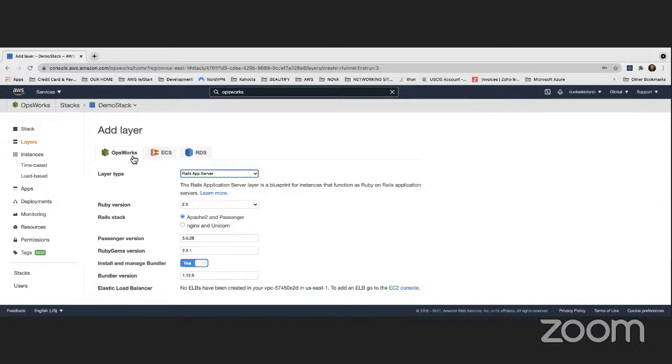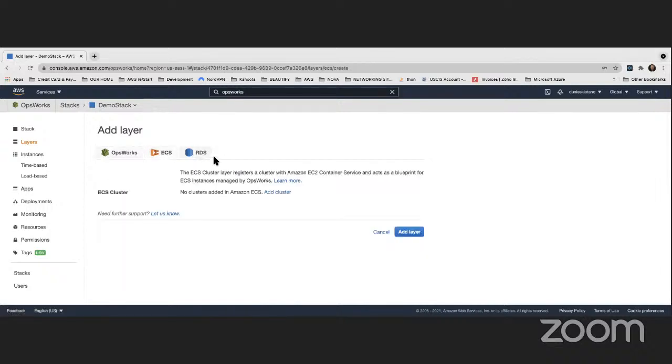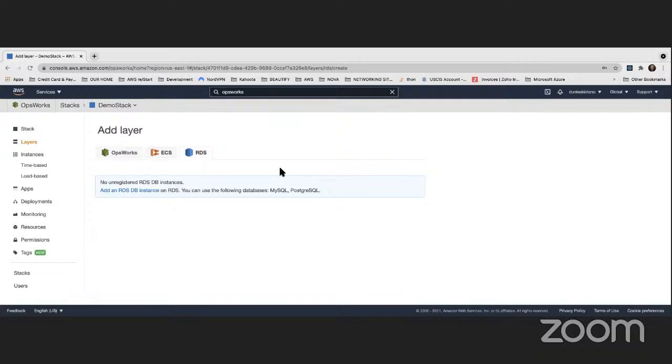Now, the layer can be OpsWorks or Elastic Container Service or RDS, just in case we have a container or we have a database here that we